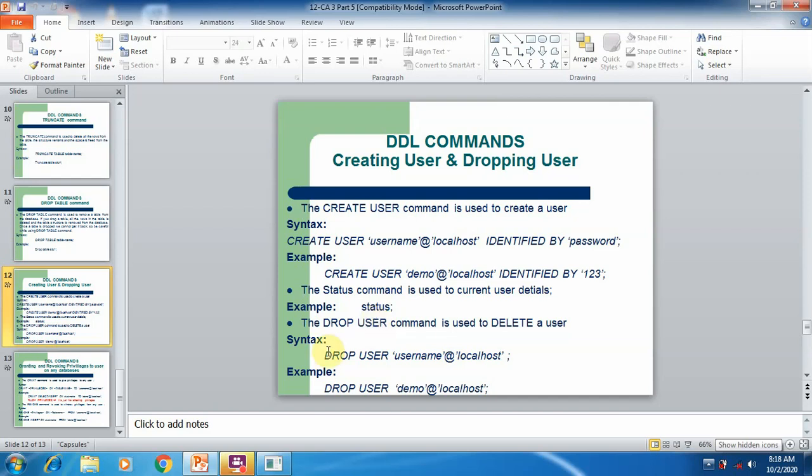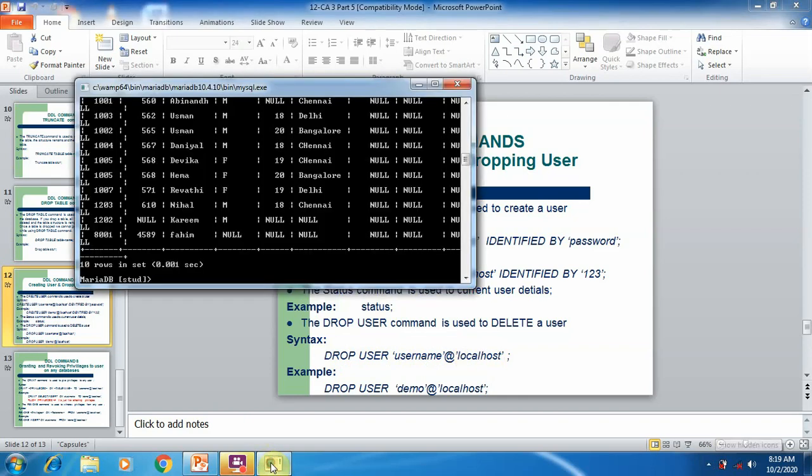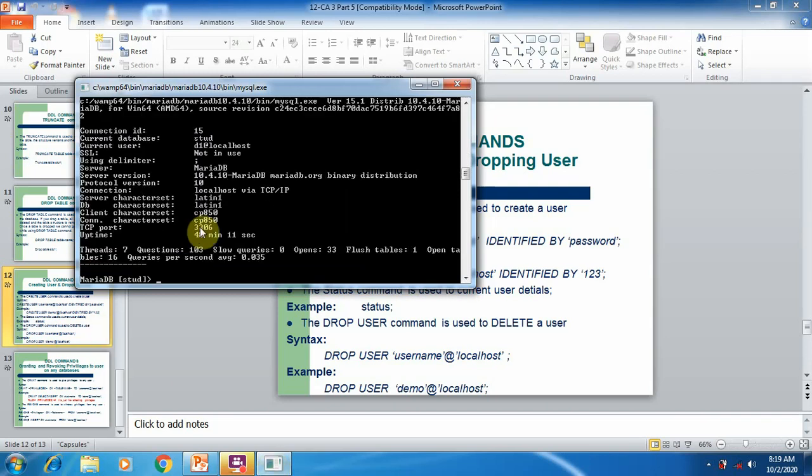So the syntax for the drop user is drop user username at localhost. So simply type drop user within the single quotation, type the username and type the localhost or IP address if you are using in network. So see the status, you are in a username D1.